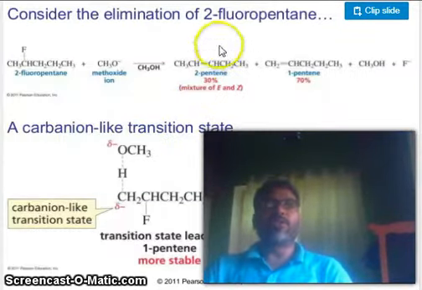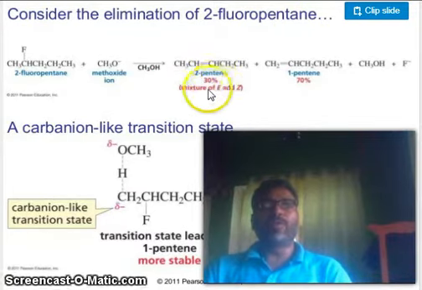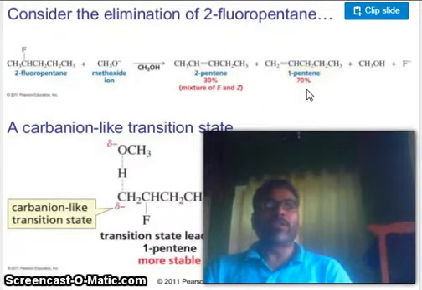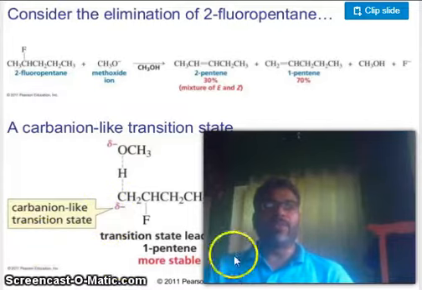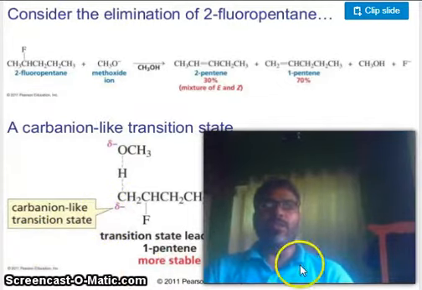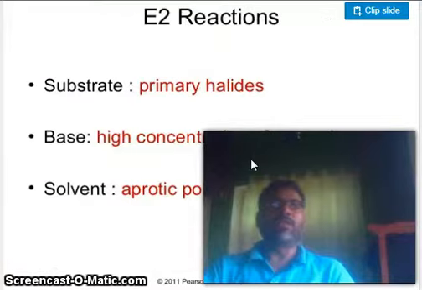Consider the elimination of 2-fluoropentane. This is fluorine, and formation of 2-pentene is 30%, you see, and 1-pentene 70%. The transition state is carbanion-like. The transition state leading to 1-pentene is more stable, and the other is less stable. Now E2 reactions, substrates primary